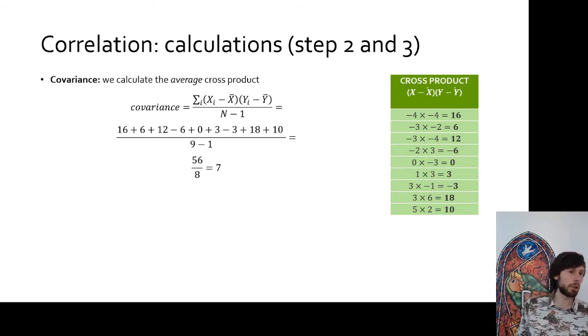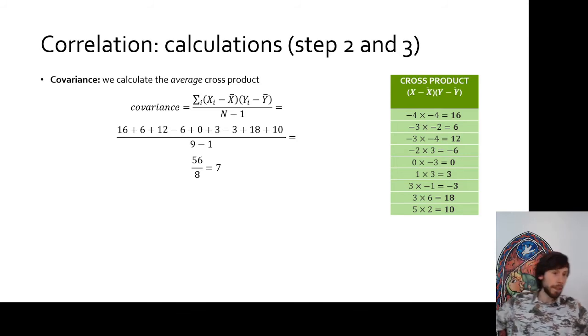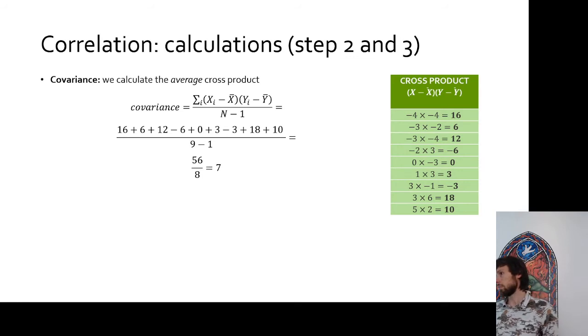It's still very hard to interpret, because it still depends on the scale of the variables that you used. I mean, what is 7 exactly? I wouldn't know. It's surely a positive relationship because it's larger than 0. But it's hard to tell if this is very impressive,